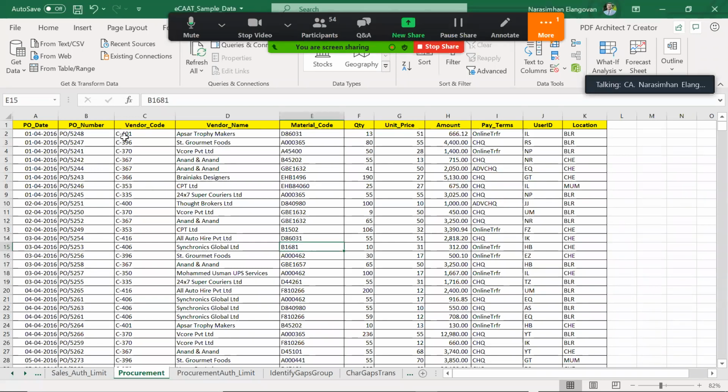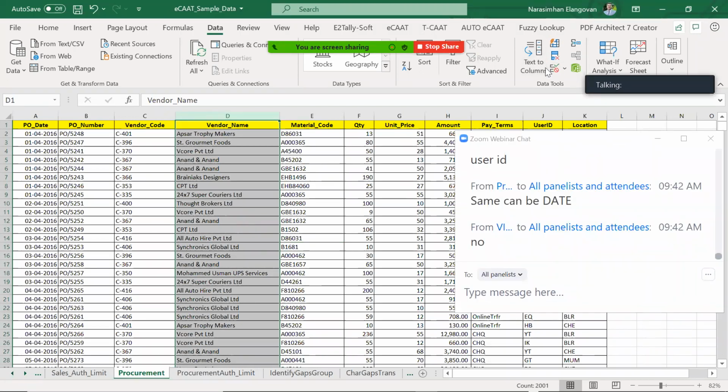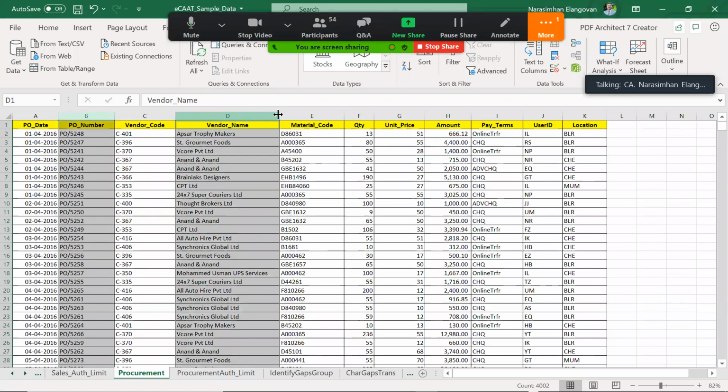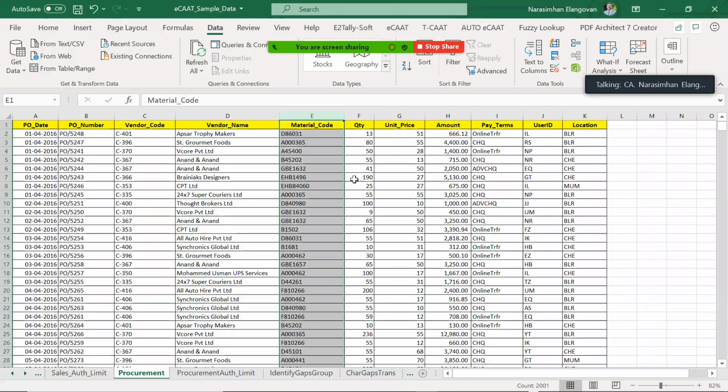Okay, let's put it this way. Can the same PO be given to multiple vendors? No, correct? So I will check whether same PO, same vendor code, duplicate material code. Can we give it a try? These two fields are the same, but this field is different. Okay, let's give it a try. That is the same different. Somebody was asking, right? What is same different? Correct? So let's give it a try.